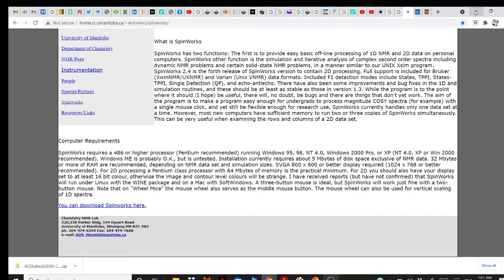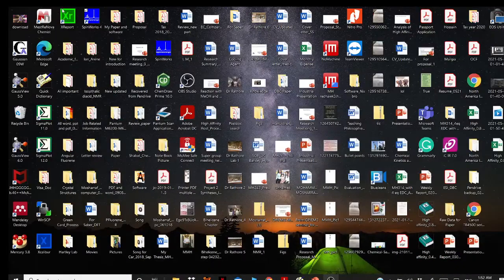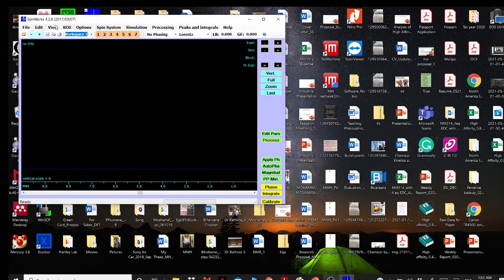setup installation. Or you can go inside the folder and find the setup button, then double click it and it will automatically install on your computer. And once it is installed, you will see this blue icon, SpinWorks 4. So you can double click it to open, and you will see the software like this, and maximize